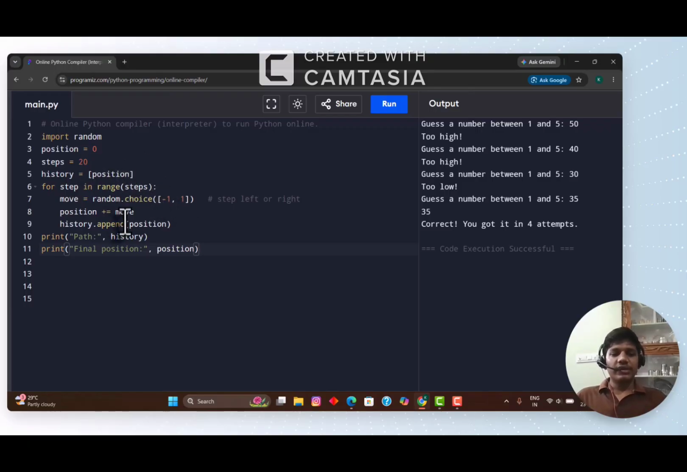So append position. What is the value of position? If it chooses -1, it will pick -1, and the list becomes -1. So print path history. History means the list, and the outcome is in the form of a list. And final position. What is the value of position? The value of position is -1. If we run it,